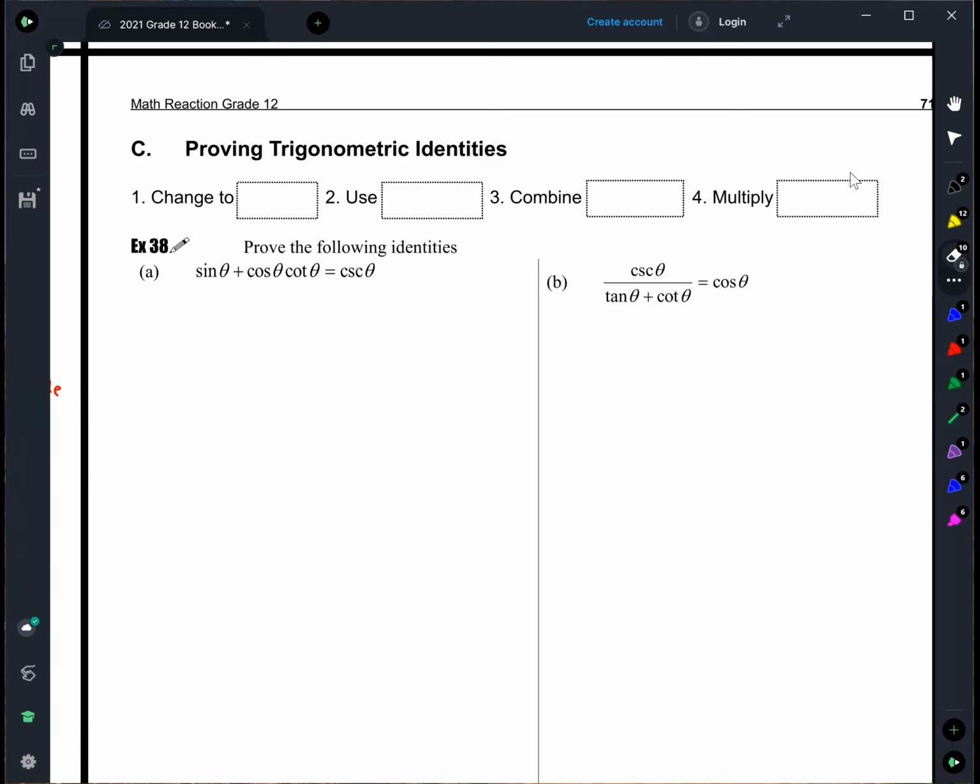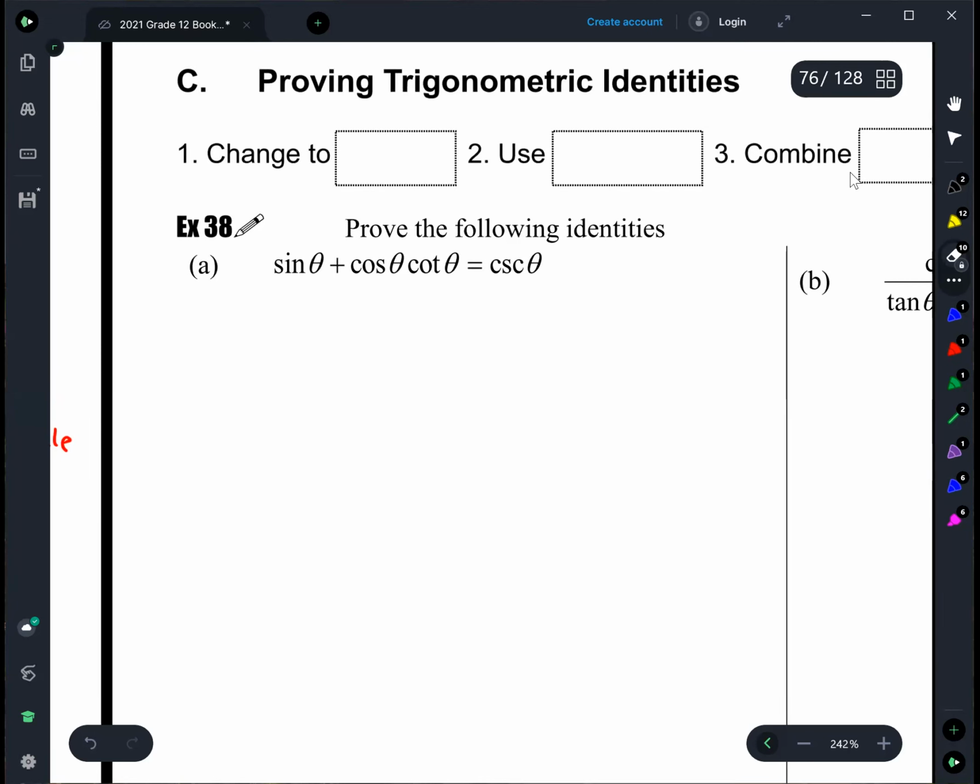So for example, in question 38A, you see on the left side, you have a whole bunch of stuff, right? You have,